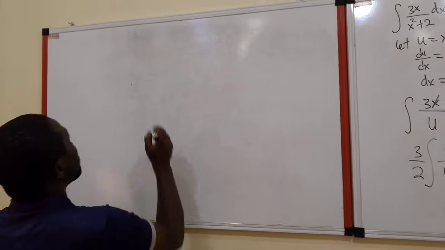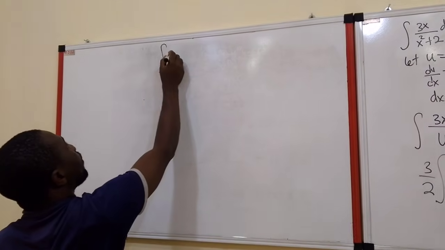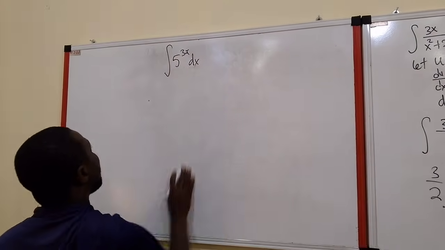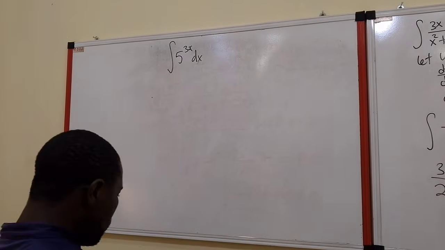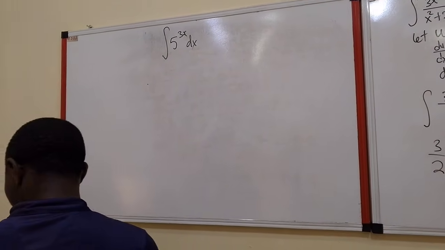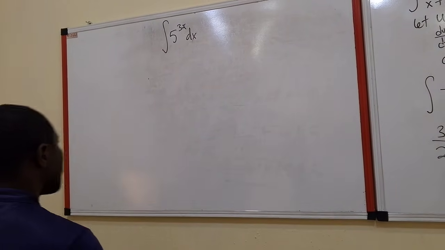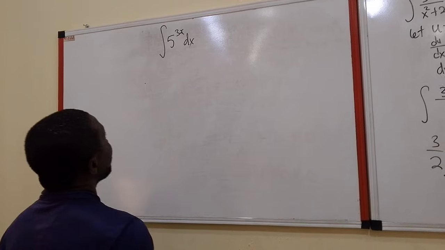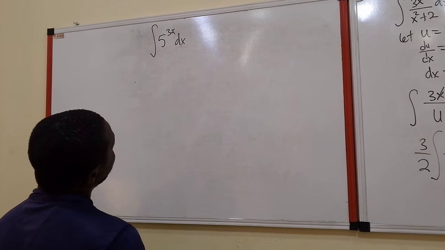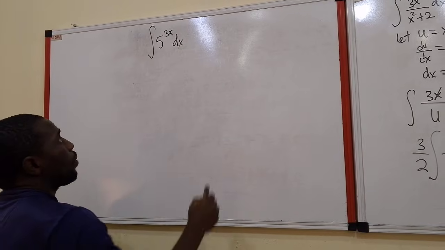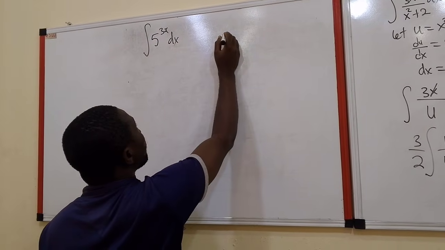If you have this question, the integral of 5 raised to 3x dx. Now for this, I want us to use shortcuts. What do we do? The integral of 5 raised to 3x dx. We are going to use a shortcut. What is the shortcut? If you have